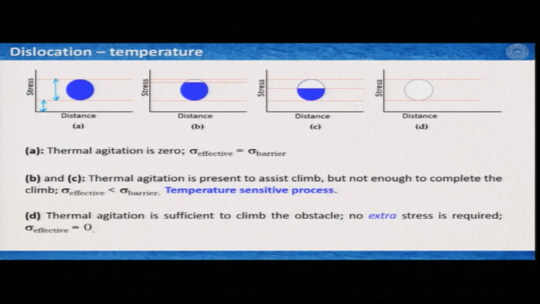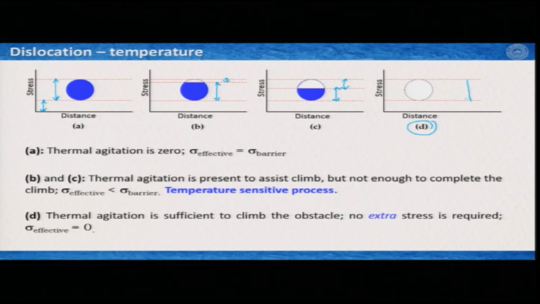Now, in B and C, thermal agitation is there. Here it is this much and here it is a little higher. But in both cases, the thermal agitation is not large enough to climb the obstacle. So, in this case it needs this much effective stress, and in this case it also needs this much effective stress. However, in the case of D,